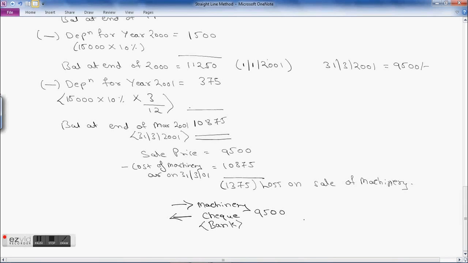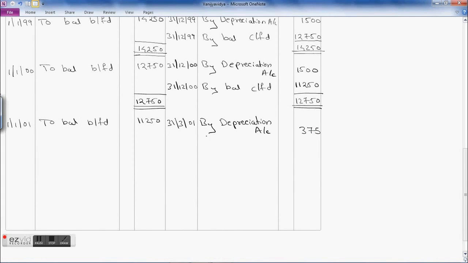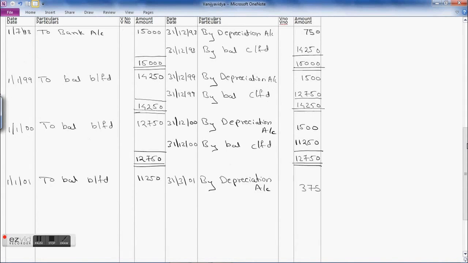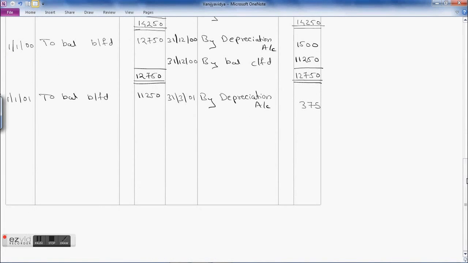On the credit side of machinery account we will post the entry of sale, that is on 31/3/2001 by bank account. Amount is how much? 9,500,